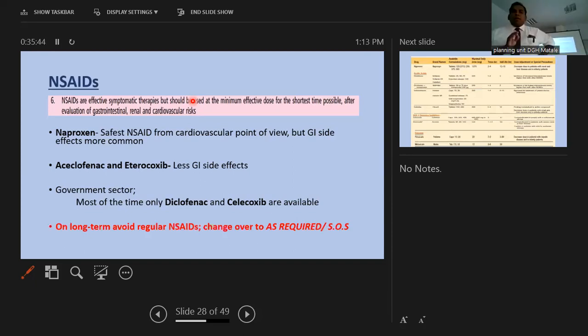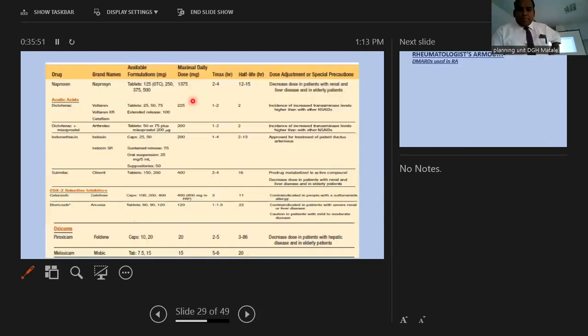On long term, avoid regular NSAIDs, change over to as required or SOS treatment. That is again, in pure rheumatoid arthritis, you may not need NSAIDs at all on long run, but if they have a secondary osteoarthritis, those are the people who need NSAIDs. This is just an important